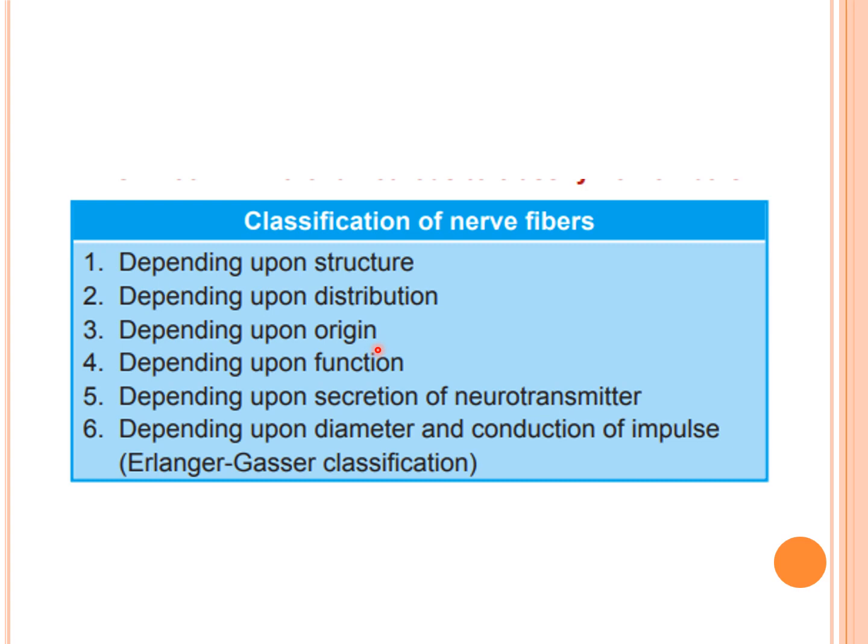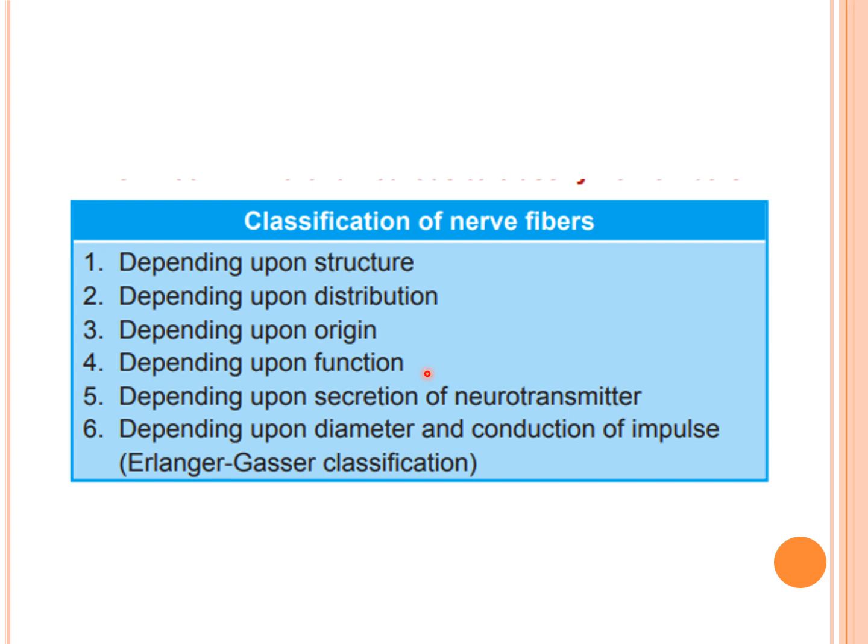If the nerve fibers arise from the spinal cord, they are classified as spinal nerve fibers. Depending upon the function, these nerve fibers are classified, as I already told you, as sensory neuron and motor neuron. So here also it is based on the function. Sensory nerve fibers, which are also called afferent nerve fibers, carry the sensation from the periphery to the central nervous system. Whereas motor nerve fibers, which are also called efferent nerve fibers, carry motor information from